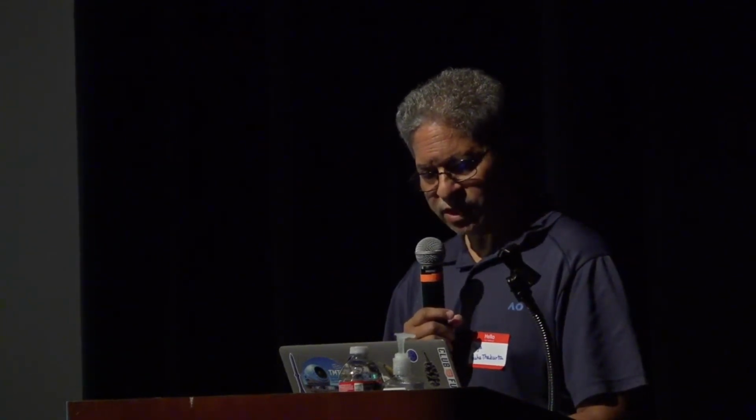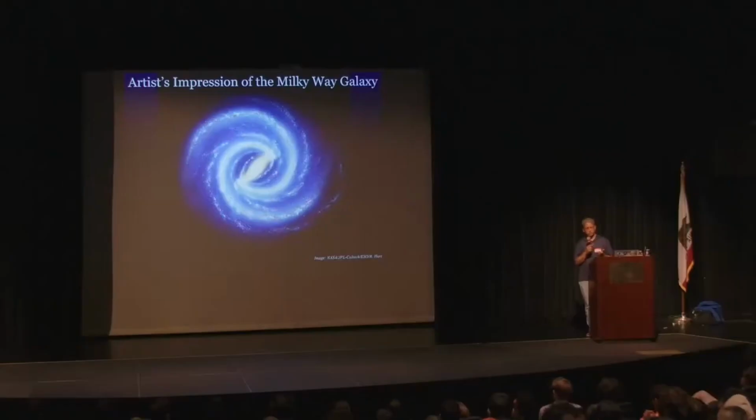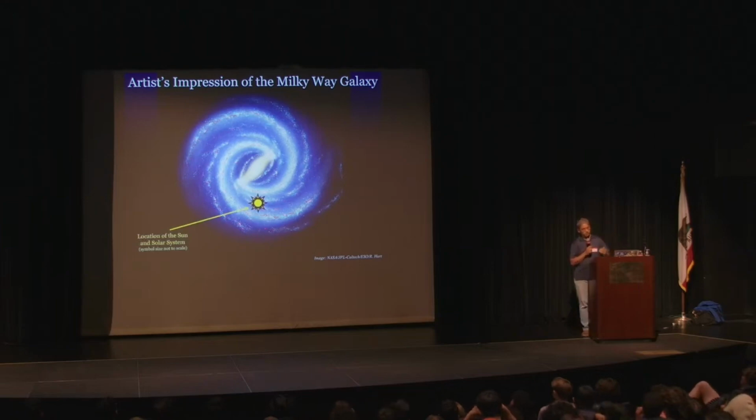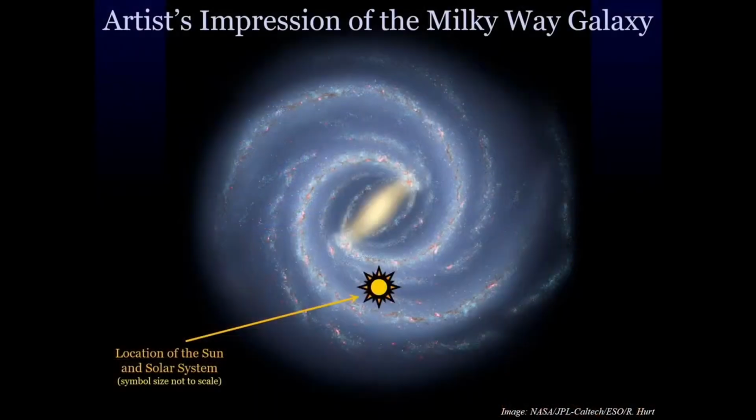And when I say Milky Way galaxy, I mean this is an artist's view. We don't have a long enough selfie stick to take a good picture of the Milky Way. Our Milky Way is 100,000 light years across. This bright disk is about 100,000 light years in diameter. So you need a very long selfie stick to take a picture of this. So that's why this is an artist's impression. And our own solar system and sun are located about halfway from the center to the edge of the disk of the Milky Way, about 25,000 light years from the center of our Milky Way to the sun. And needless to say, the sun is not shown to scale, and our sun doesn't actually look like that, okay, in case you're wondering.